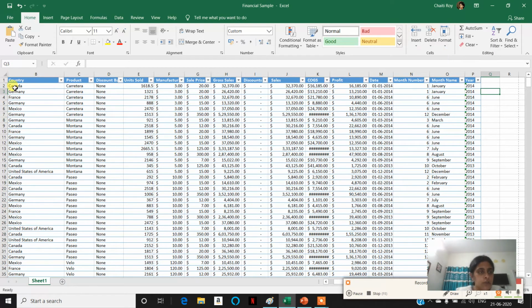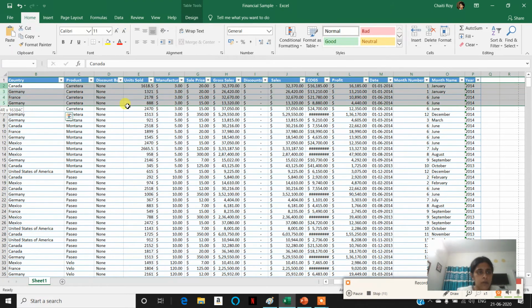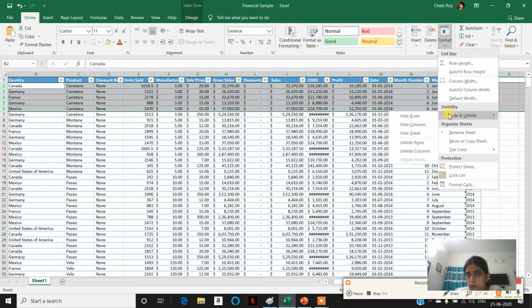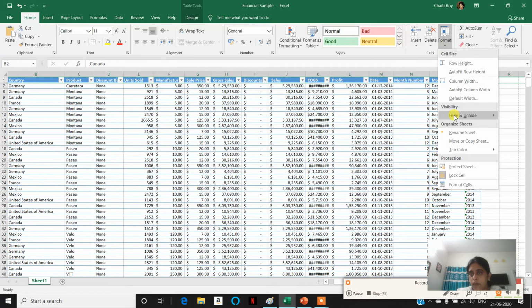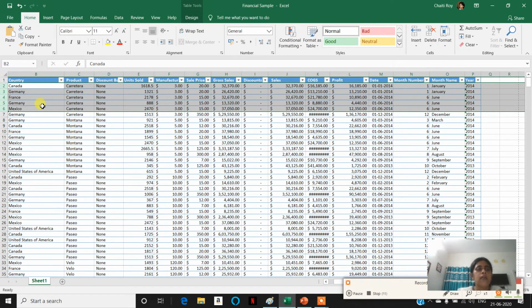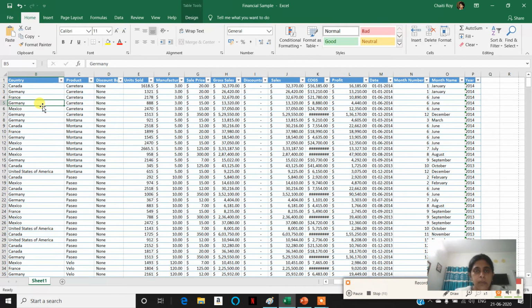Okay. So I will show you with some rows also. Suppose I am selecting the rows from 2 to 6. Now again I go to format, hide rows. You see it is gone. Now after 1 what is coming? 7. Similarly you go again, unhide rows. So you will see again it has come back. So I think it's clear how to hide and unhide a row and column.